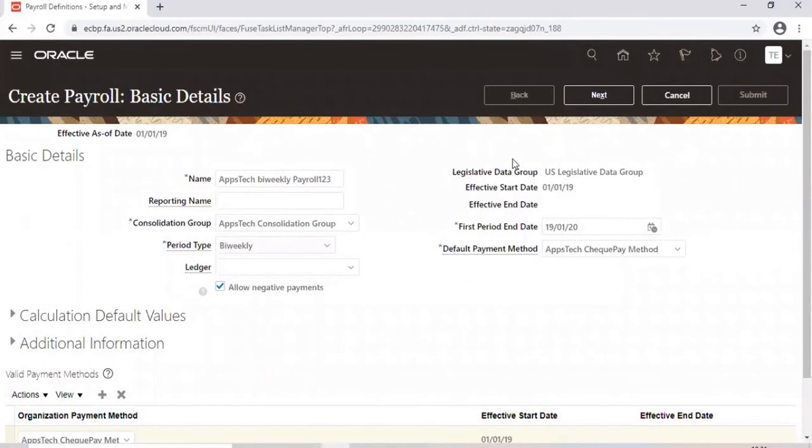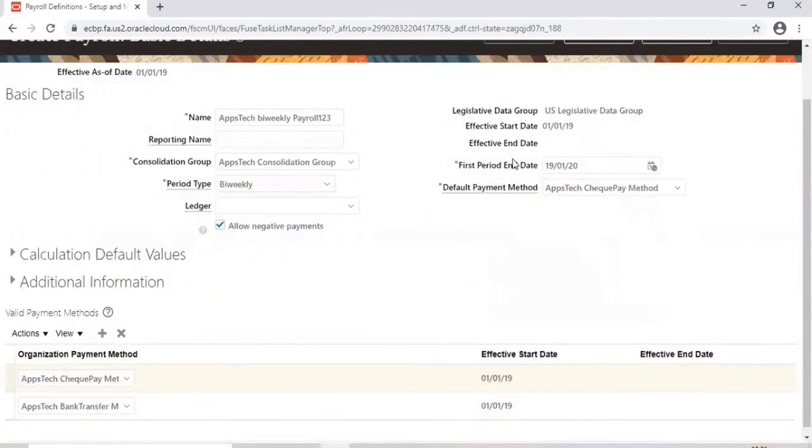Srinivasa, I'm having one doubt. In consolidation group, you are having four types. How do you process those things? What four types? Managers, clerks, you mean to say payrolls, right?